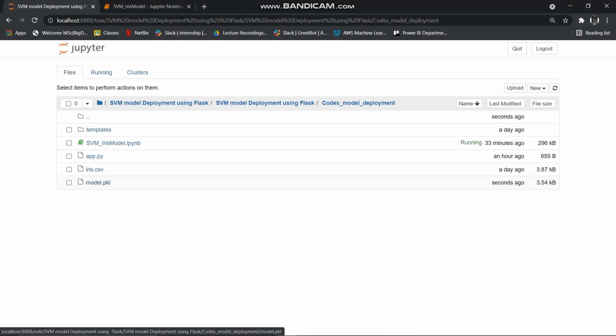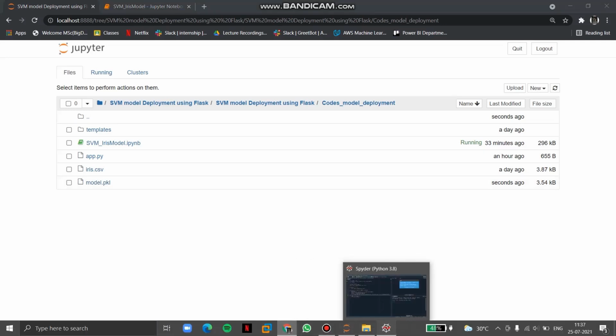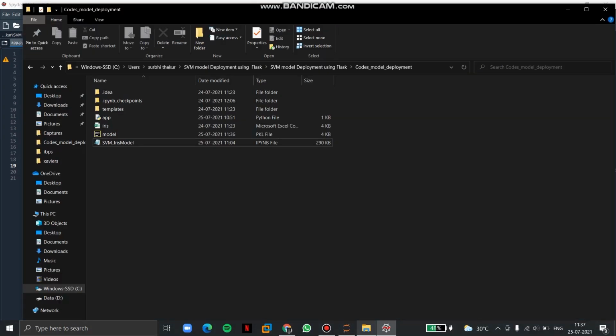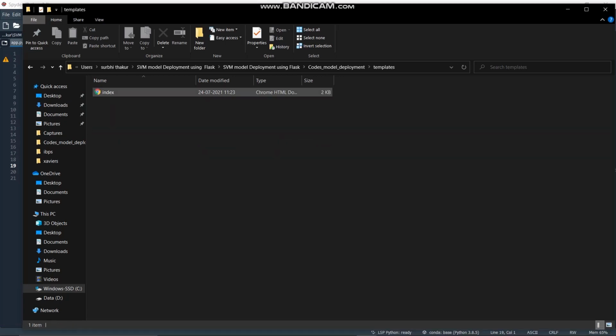For that, we'll create a separate Python file, and for creating a web app we can use Flask, Streamlit, Django, anything. For now we're going ahead with Flask, and we'll create a separate Python file for the Flask. In Flask, we also have to create a separate HTML file for the user interface, and we have to save that file in a separate folder called template.